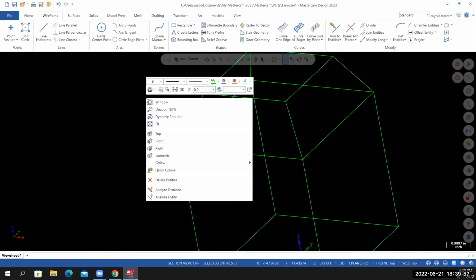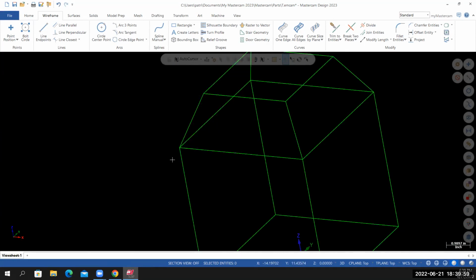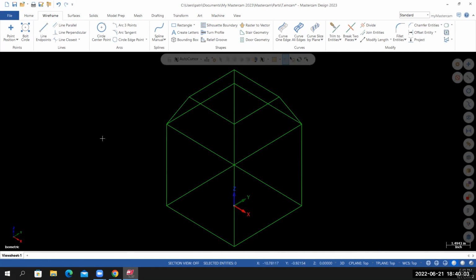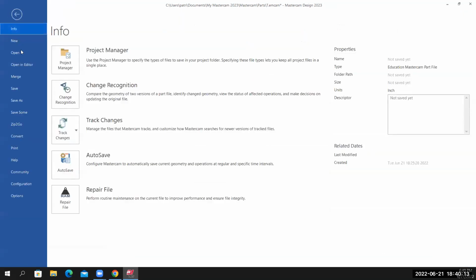I'll right-click on my screen, and I'll look at it from an isometric view. I'll right-click again, and then I'll select Fit. This would be a good time for me to save my work. You can currently see that it's wanting to be saved to this location. If I go to File, Save,